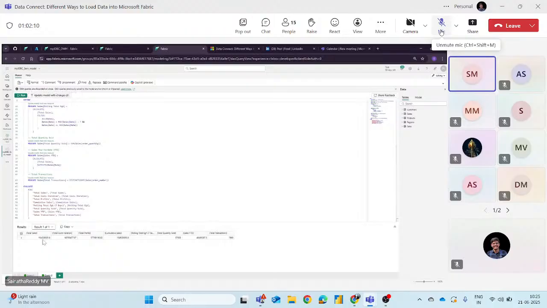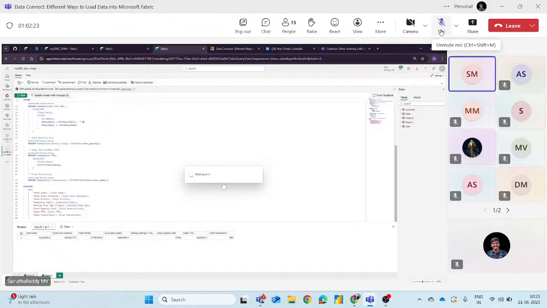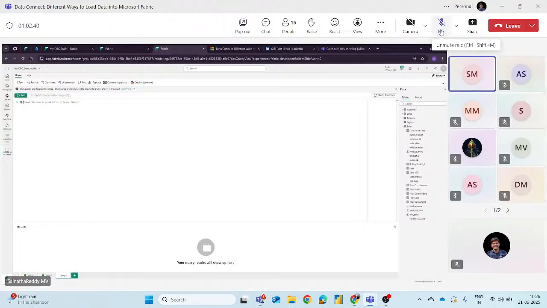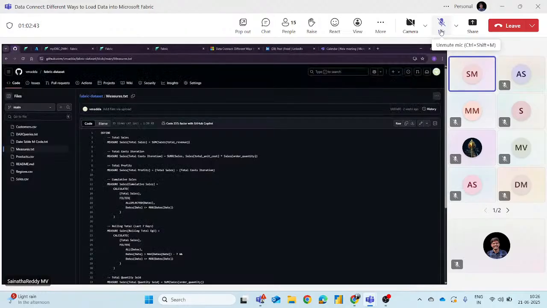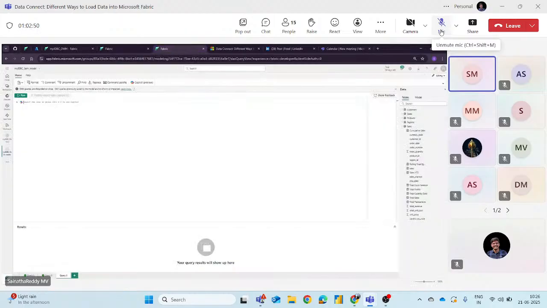I just ran it. If you see, this is the view: total sales of 1.5 million, total profits, cumulative sales. How simple is that, guys? Just click on this button. It will load all the DAX measures into our semantic model. You don't need to create them manually. All these measures are created in our semantic model. Now we have created all these DAX measures, and we'll see one more example. You can create these DAX queries yourself, no problem, but you can directly copy paste and summarize directly here.